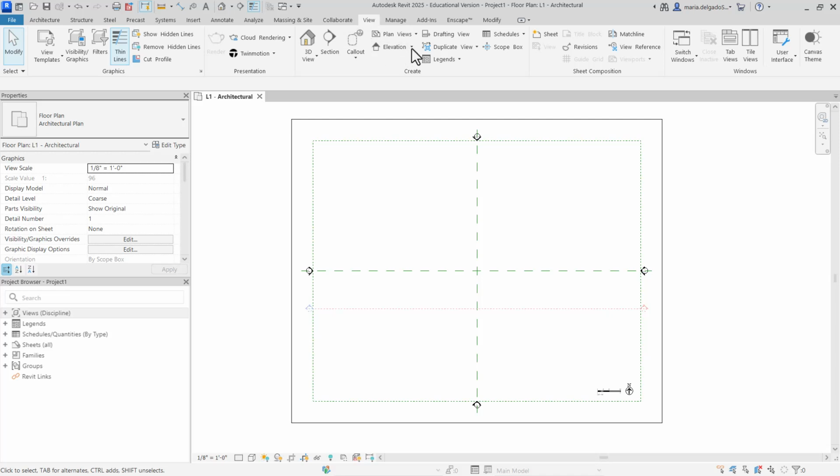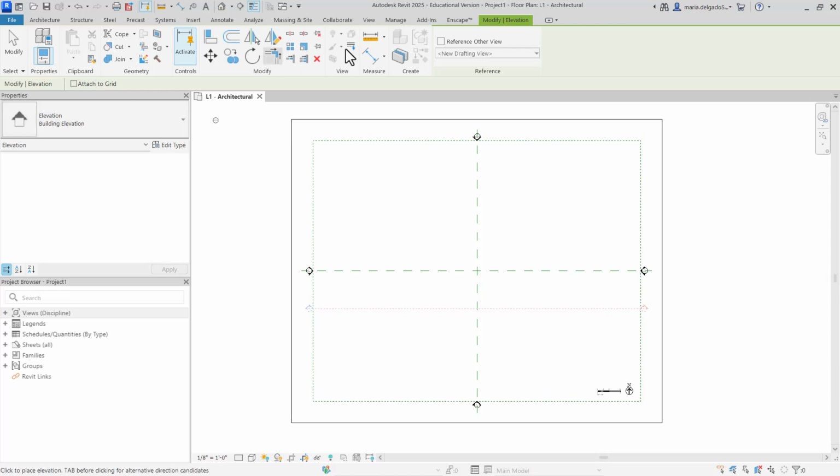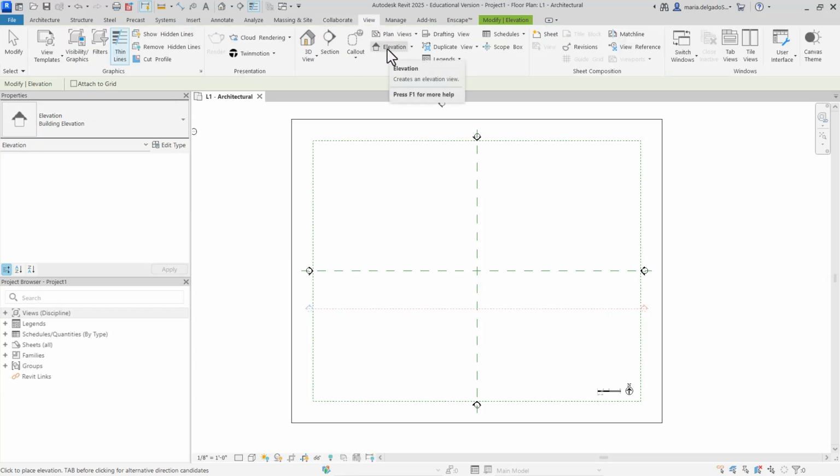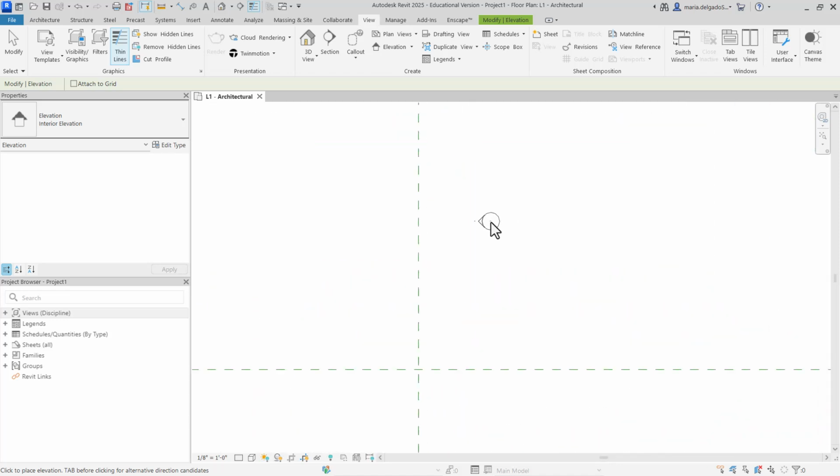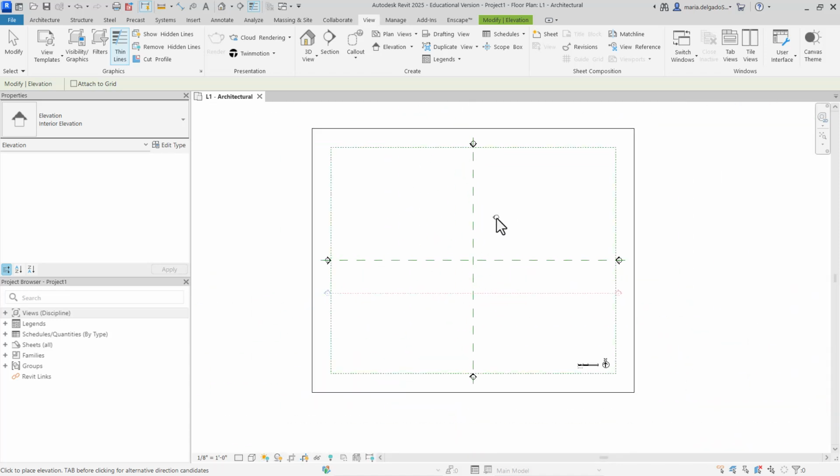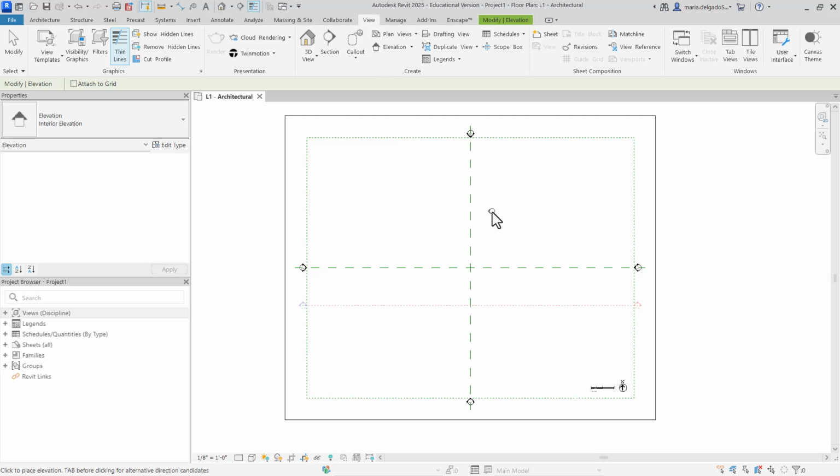In our View tab, we have different types of elevation markers. So if we click on that elevation marker, you'll see that we have activated the Modification tab. And if I click here, I can determine, do I want a building elevation or interior elevation? So within our view, we can control our elevation markers. You'll notice that now, as I move my mouse, I now can see an elevation marker. To close out, I'm going to hit Escape.